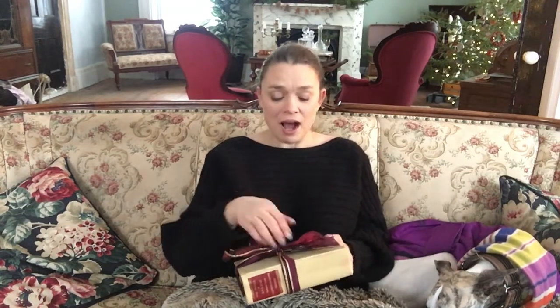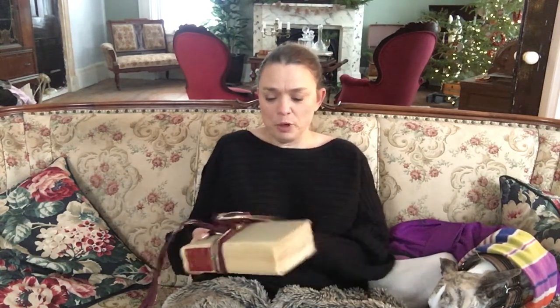Now, one of the things I always love to do is wrap my gifts as individually as I can. So I look for ideas where it looks beautiful, it's simple and easy, and if I can add a personal touch, I always love to do that too. So I have a few ideas for your last minute gift wrapping, nice and simple and easy, but I know that people who receive your gifts will really appreciate that. So I'm going to share that with you, but first of all, let's open up my book to see what